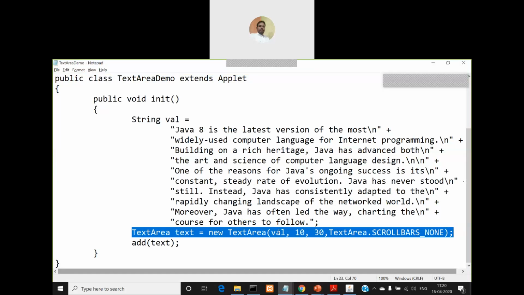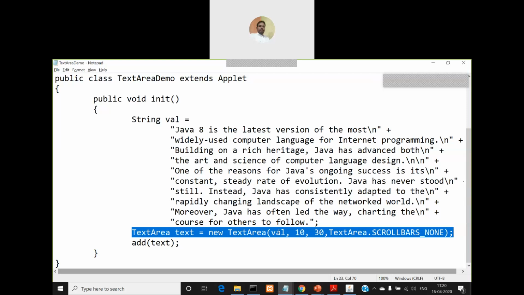Second one is the width, third one is the height of the text area, and fourth one is, you observe, just like in the label class you have Label.LEFT, Label.RIGHT, Label.CENTER, we also have some integer variables which are static inside this TextArea class. So you have 4 different variables in the TextArea class which are static, so you can access them directly using the name of the class followed by a dot and the name of the variable.